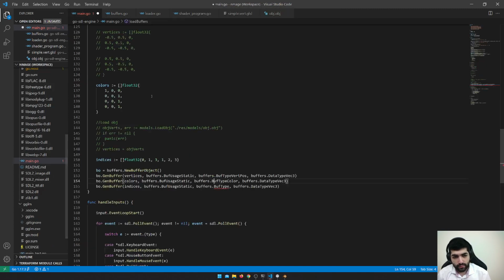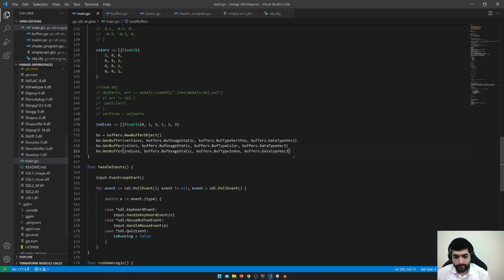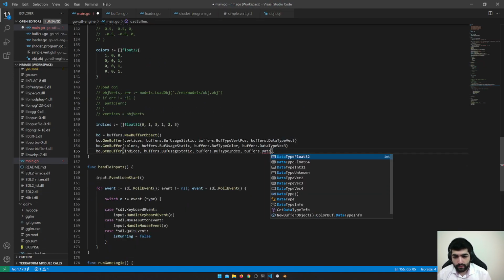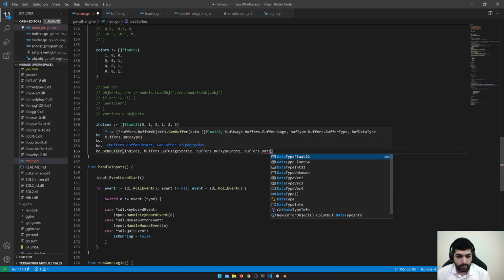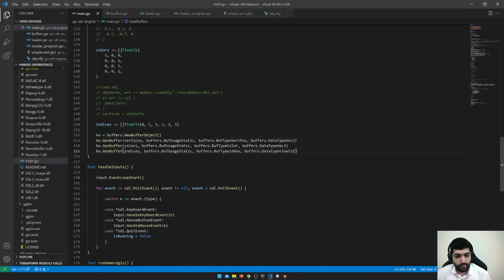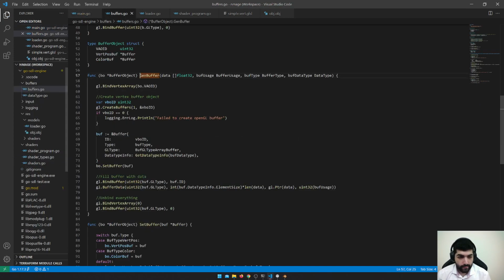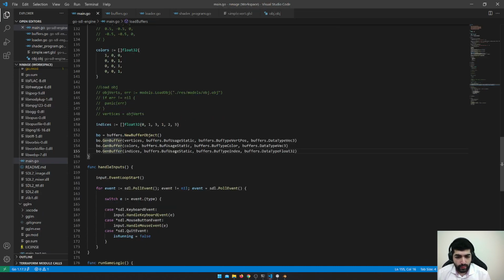Vertex. Okay, and data type. Well, there isn't a lot of point in data type if we're always passing float 32. Well, for now, say that, and we are passing